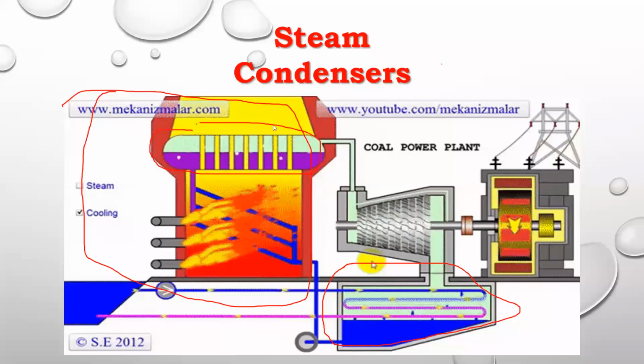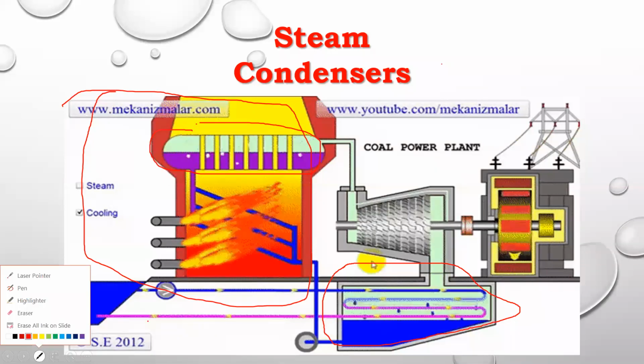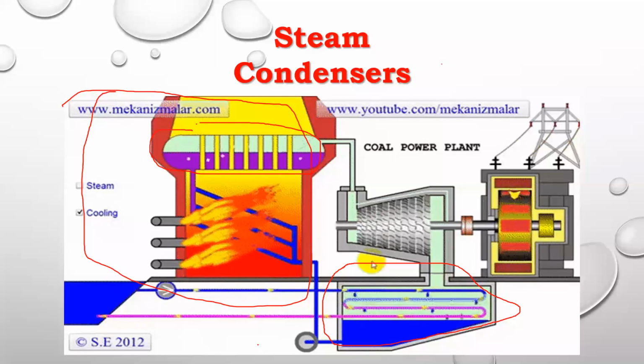Right, this is nothing but the steam condenser. In the steam cycle, this portion is nothing but the steam condenser portion. If you observe thoroughly, the steam comes from the boiler, and the coming steam is expanded over a turbine. This portion is nothing but the turbine, where this turbine is connected to the generator. From here electricity is generated and the generated electricity is transmitted through the transmission media.